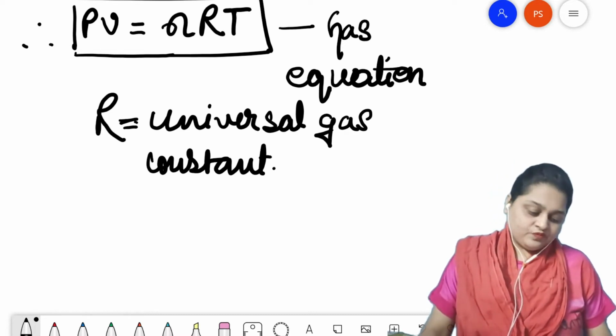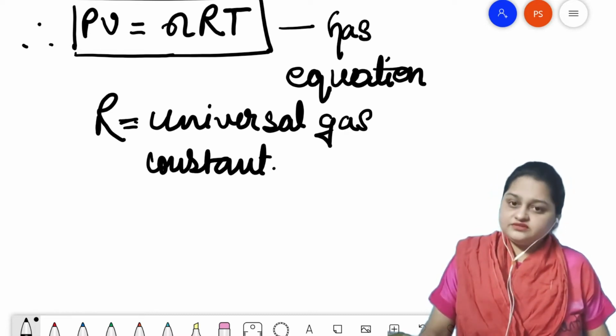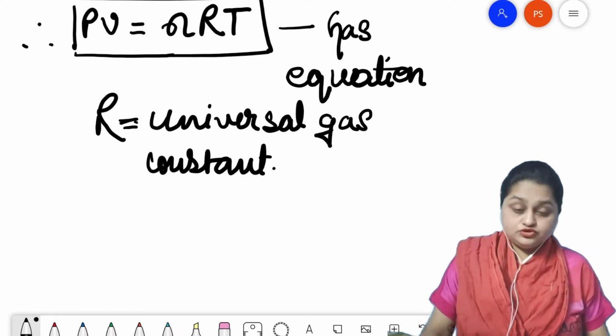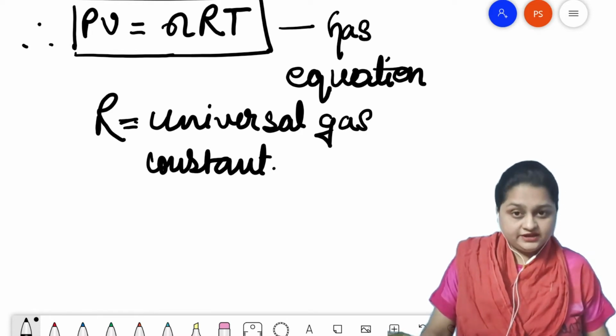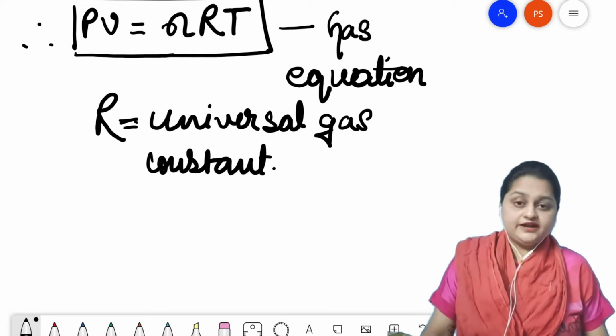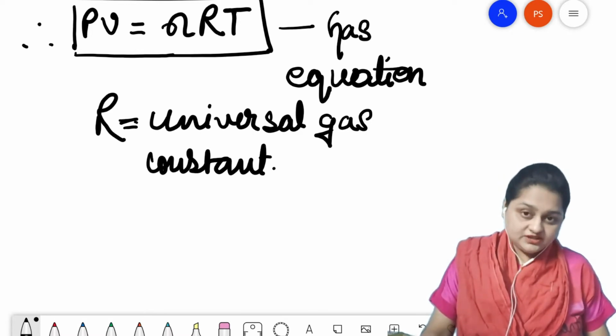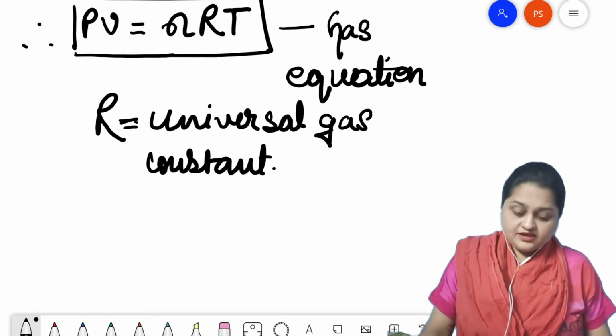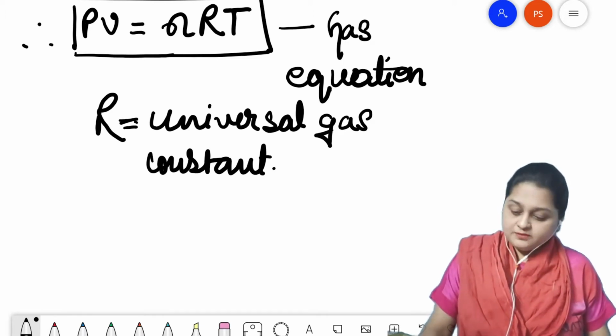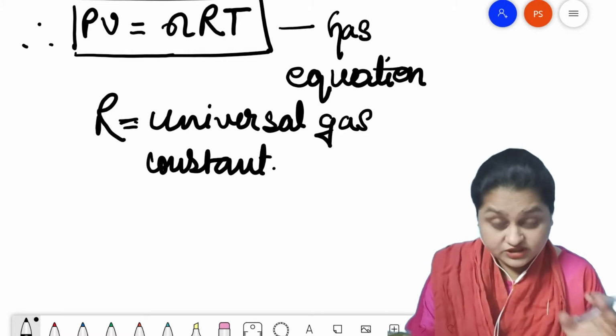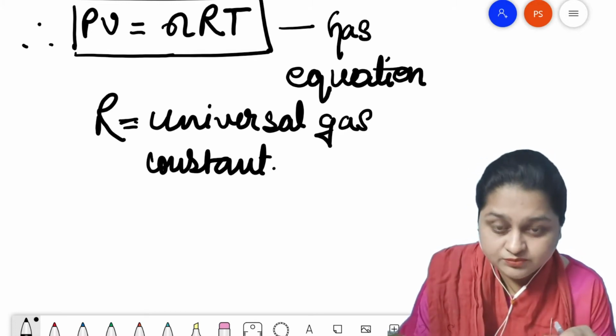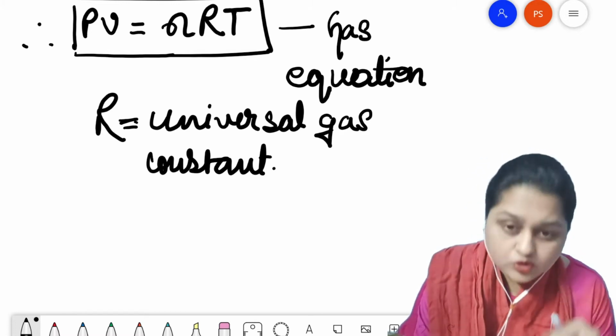Hence, most gases in real life do not follow the gas law entirely. But gases in hypothetical terms which follow these gas laws